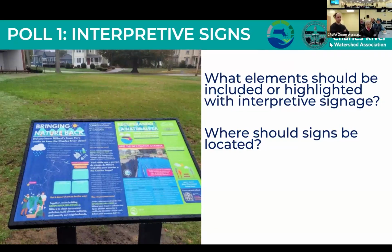I don't know how many people actually read those signs that are out there. I'm a sign reader, I don't know. Yeah, I mean, a lot of people aren't, but I think, isn't there a whole sort of public